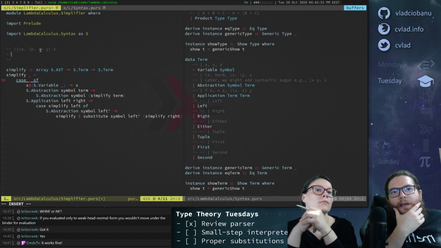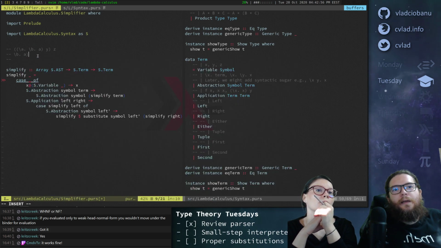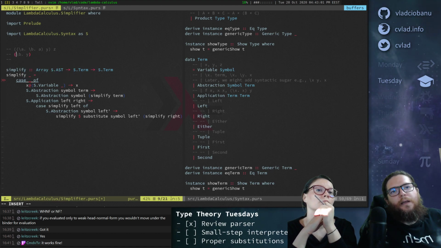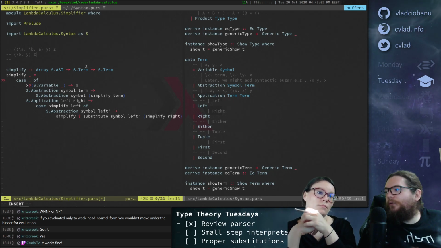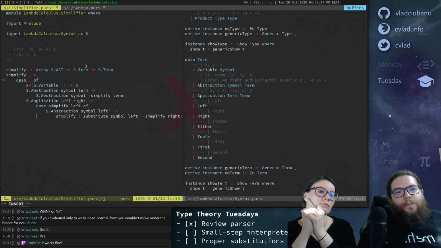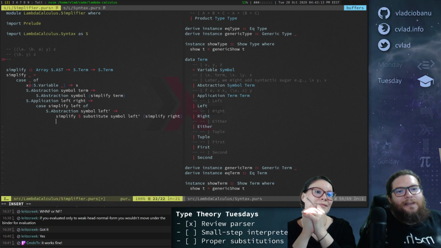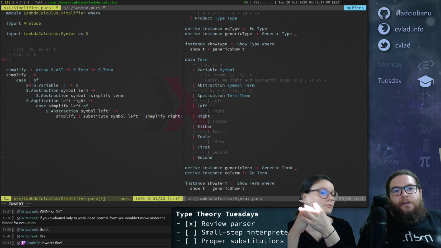So then you end up with b a, no, b y, right, after the substitution, and z, right? So that seems reasonable, right? The tricky part will prove to be substitution, but we'll see about that. Right. So if we have an abstraction, we can do that, and otherwise.